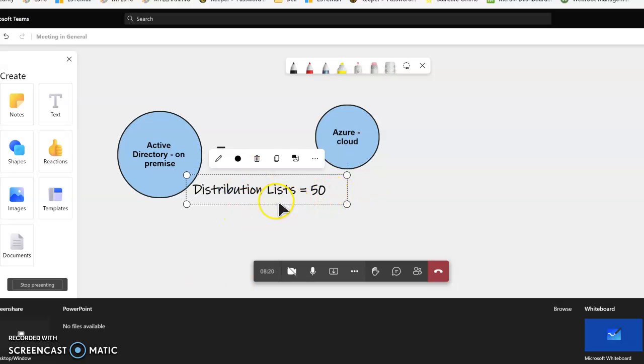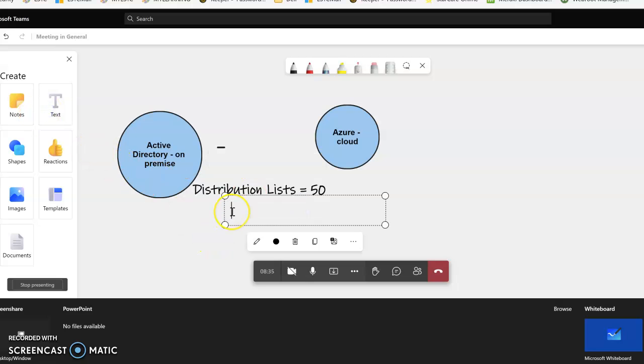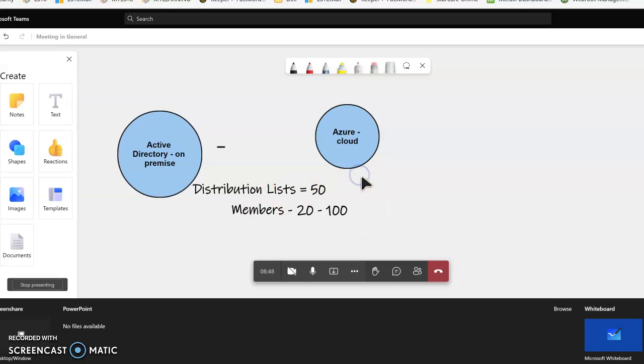And I had to explain we had distribution lists both located in Active Directory on-premise, and there were some in the cloud. And then to take it a step further, I had to explain that the members resided in each of these distribution lists, and they could be anywhere from 20 to 100. So the key was explaining to them that we had to sync these distribution lists that were located on disparate